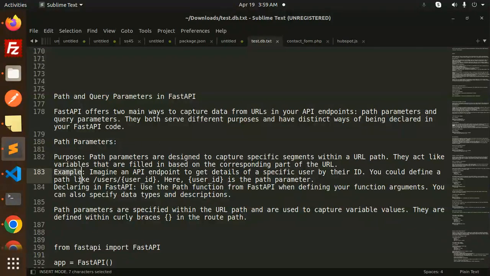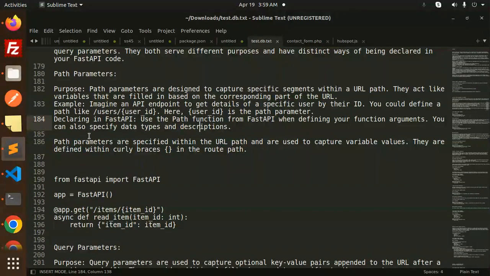Okay, so for example, imagine an API endpoint to get the details of a specific user by user ID. So how can you define users and the user ID, right? Here user ID is the path parameter. To declare it in FastAPI, use the Path function from FastAPI when defining your function arguments. You can also specify data types and the description. Path parameters are specified within the URL, and it is done with curly braces, right? So you can see here it is defined in the curly braces. Here you can see, if I just copy this one